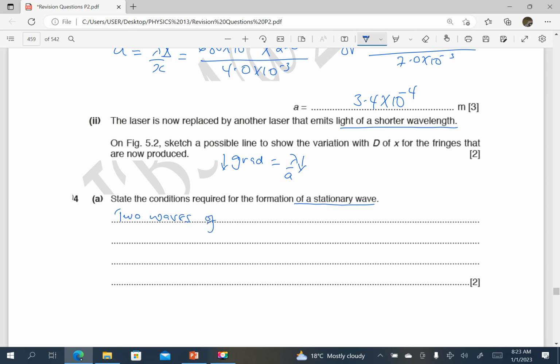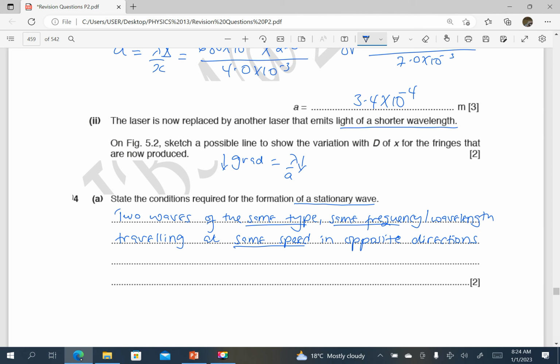Two waves of the same type, same frequency or wavelength, traveling at the same speed in opposite directions. So we have two waves of the same type, same frequency, wavelength, traveling at the same speed,